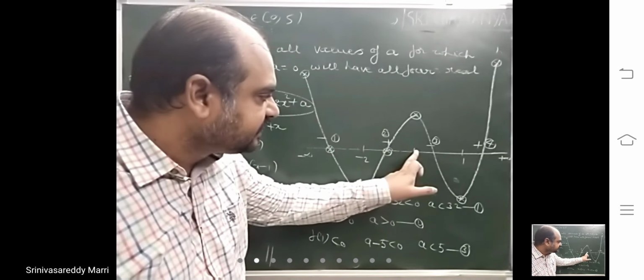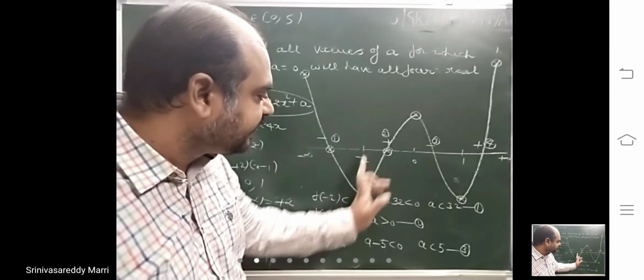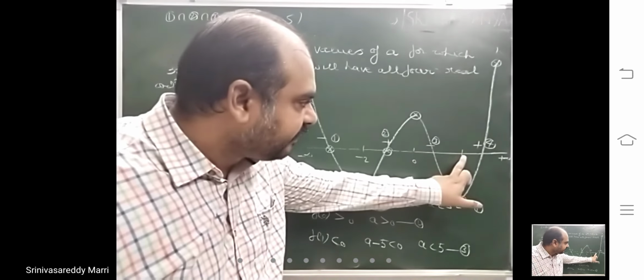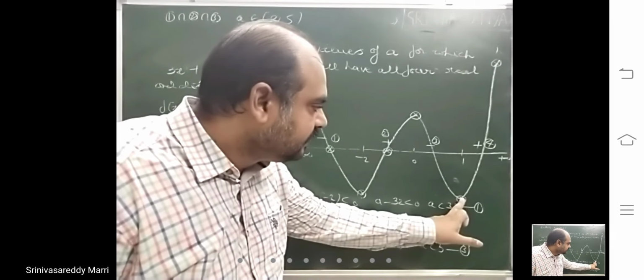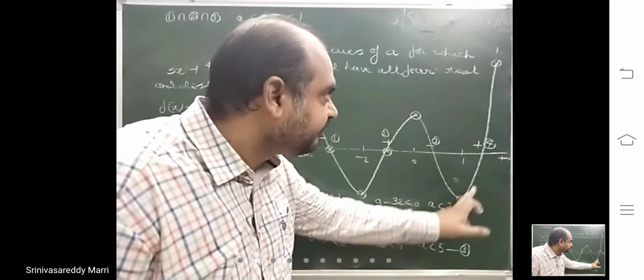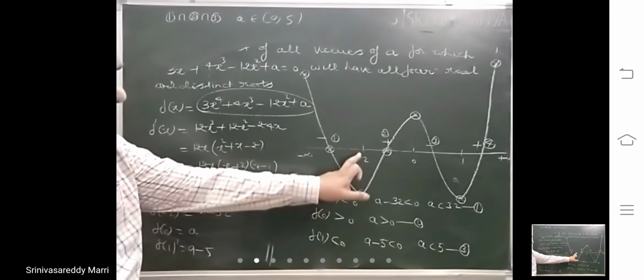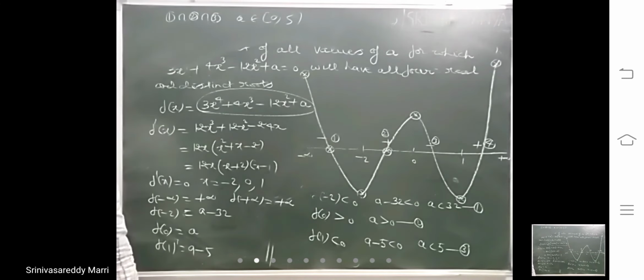Then minus 2 to 0, one root means f of minus 2 is here and f of 0 must be above. Then only it will cut. I have written f of 0 greater than 0. Now 0 to 1, one root means f of 0 is positive and f of 1 must be negative, like this, top to bottom. And from here onwards it is obvious, it will go to infinity like that. Those conditions I have applied: f of minus 2 negative, f of 0 positive, f of 1 negative. The intersection part will be the answer. Look at the next model.